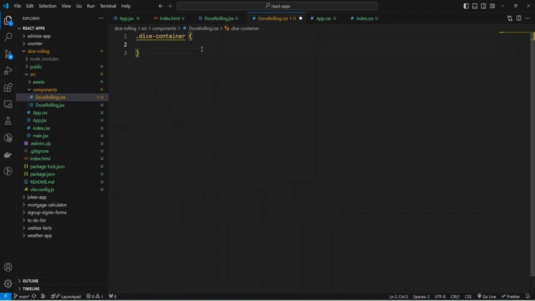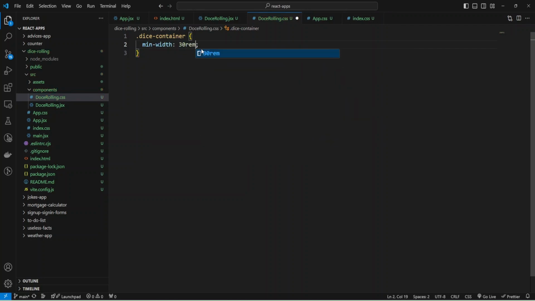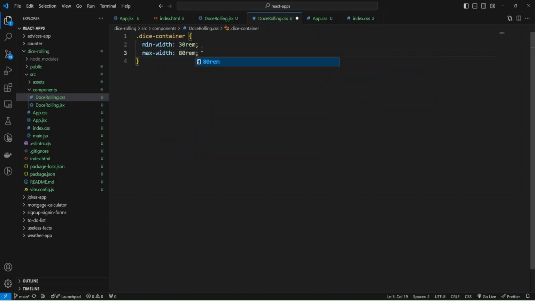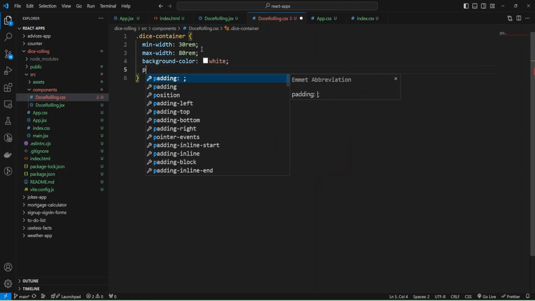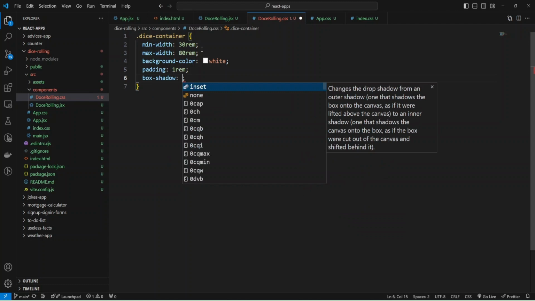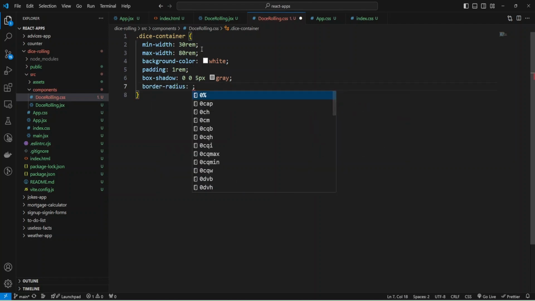It's a class, and I'm going to provide min-width of 30rem, and also max-width of 80rem, and also make the background color white, add padding 1rem on all sides, and add box shadow 0 0 5 pixels gray, and also we can add some border radius 5 pixels, and increase the font size to 1. Probably we don't need this font size.